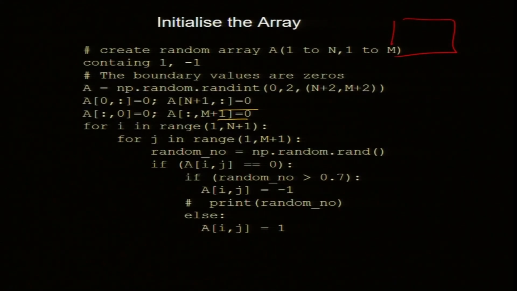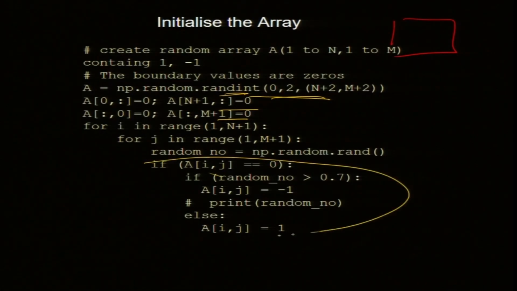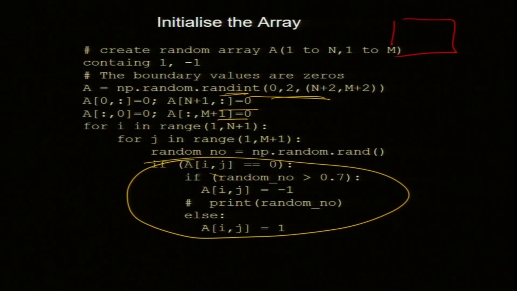And so this is for initialization. It turns out the random number generator gives either 0 or 1. This is a random int, but I want 1 and minus 1, so I have to use this if. So 0 is basically converted to minus 1 with some probability. By the way, if you start with totally random, half down and half up, it in fact takes a huge amount of time to reach a steady state. So you always put some bias, that is what I found. You can do your own fine tuning.